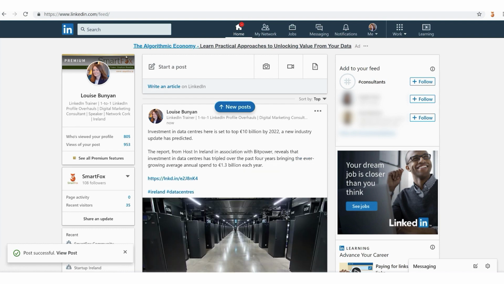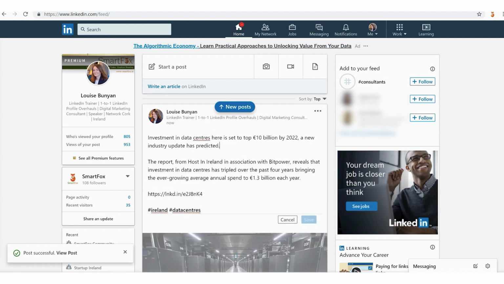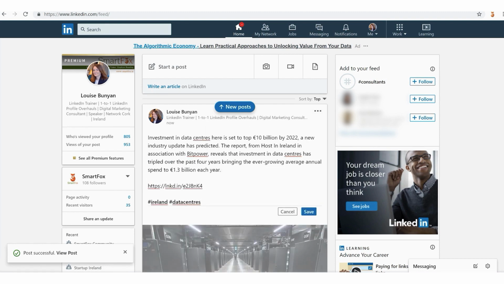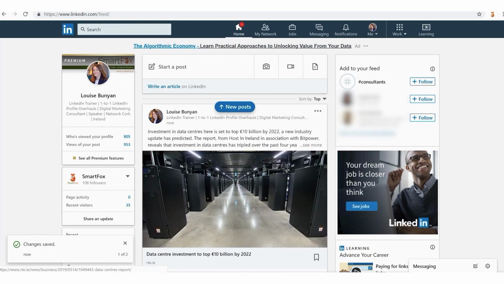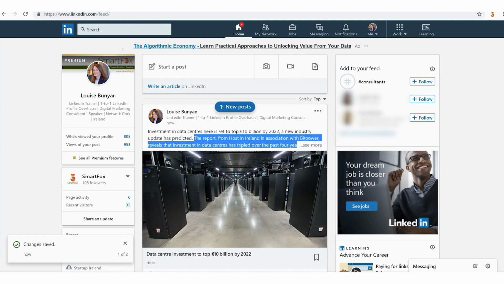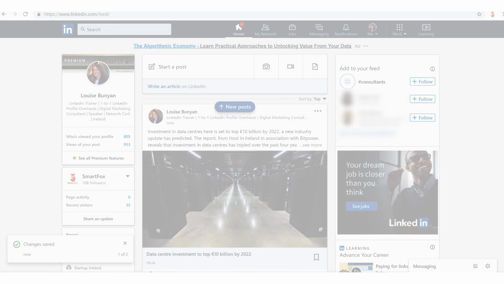And you can see here, if I click see more, and that's the link to the article. So it changes automatically to LNKD. And then I have my 2 hashtags as well. So what I might do is, because it's nice to have everything up on the one line, I might move it up there. And that's it. So the reader can see most of this sentence without having to click see more. So that's how we copy a link from an online article, and that's how we share it across our personal LinkedIn page on desktop.